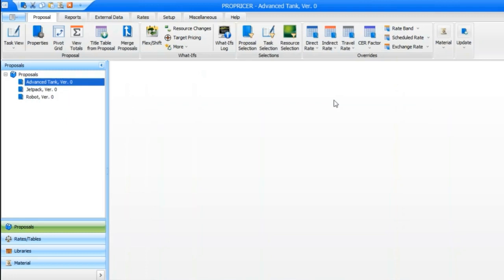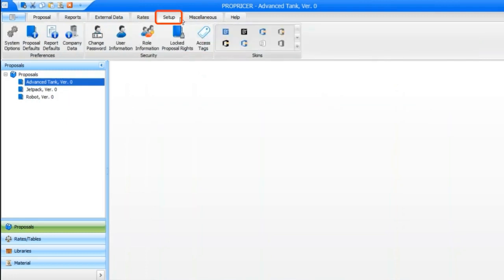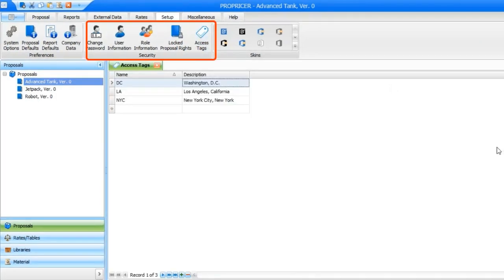Access tags can be found by navigating to the Setup ribbon at the top of your screen and selecting the Access Tags button in the Security group of options. As many of you probably know, ProPricer already has several permissions-related features like role rights, folder rights, locked proposal rights, and others. However, Access Tags takes permissions one step further and allows you to control access to individual elements in